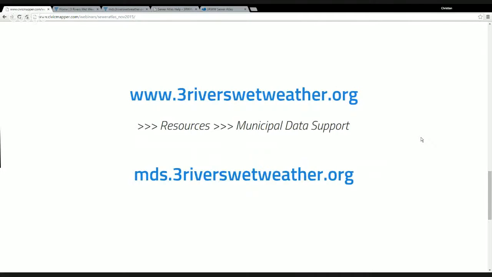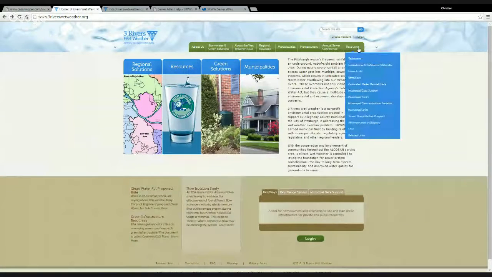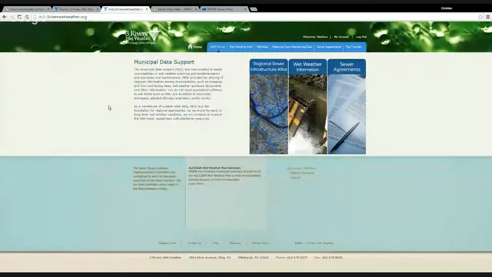So with that, that's kind of why we're doing what we're doing. If you've never accessed the previous app or the new one, there are two ways to get to it. The first is to go to threeriverswetweather.org, which I'll just navigate over to now. On the Resources tab on the right side, there's a link to Municipal Data Support, and that'll take you to this page,